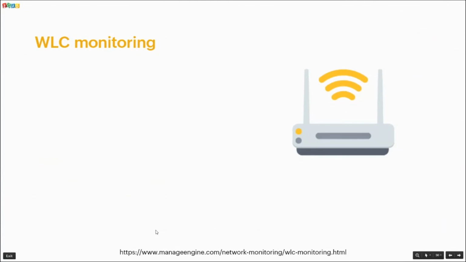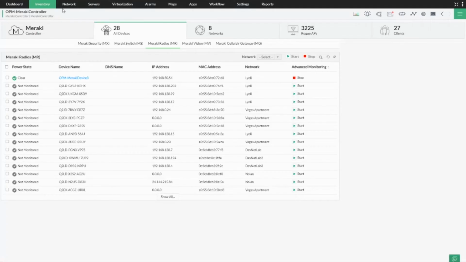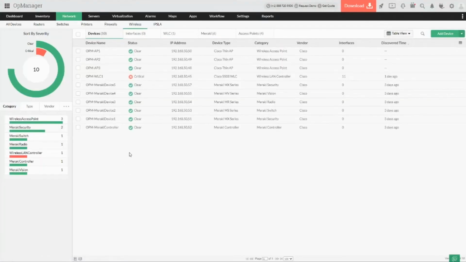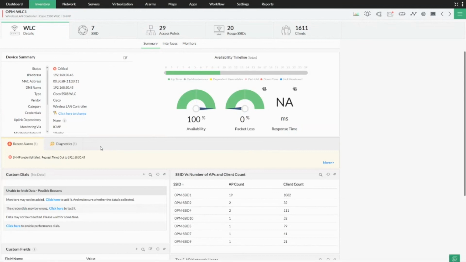So the next topic which we are going to see is about WLC monitoring. In terms of WLC monitoring, you can monitor your traffic utilization, signal strength, SSIDs and rogue SSIDs, and the access points and active clients which are there in your WLC. So now let me take you to the product and show you how the access point based or WLC based monitoring works when you add your wireless LAN controller to OpManager, and how the monitoring and the various metrics which are available. So as soon as you add your wireless LAN controller to OpManager, you would